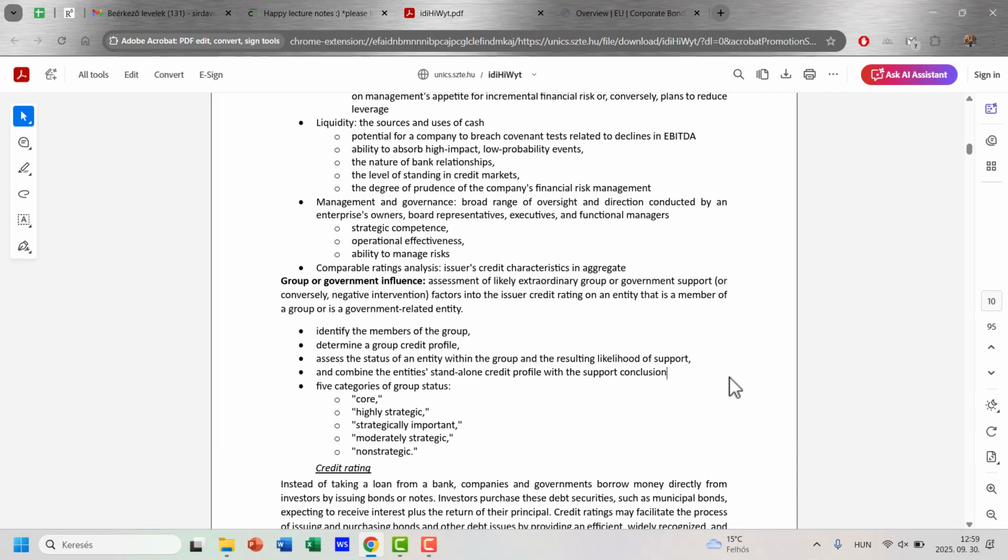And also group and government influence. We can say that in the case of Musk, because he's a group alone, he can have an impact on the company profitability, corporate or government relations. So all the roller coaster that we can see in the case of Tesla, and also what we cannot see in the case of SpaceX, because this is a private company, but DoD contracts can come and go based on the relationship with the president.